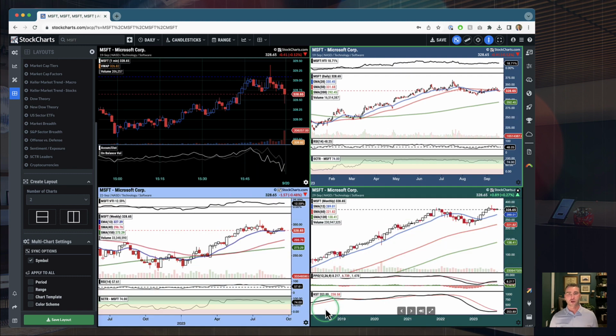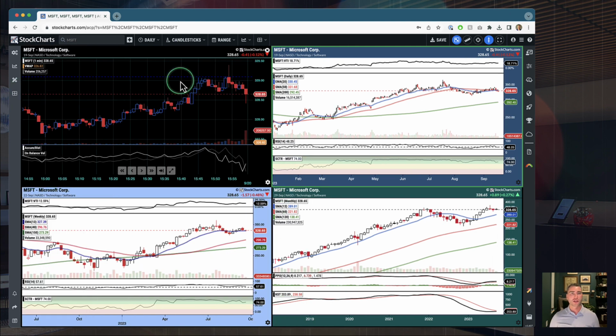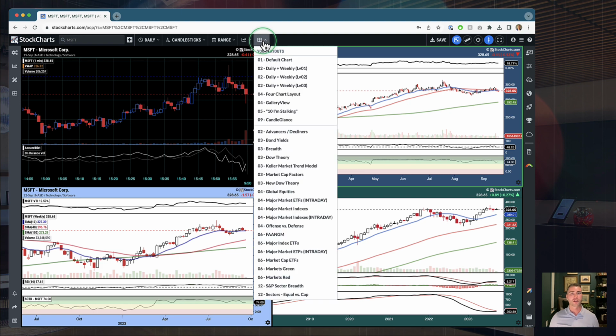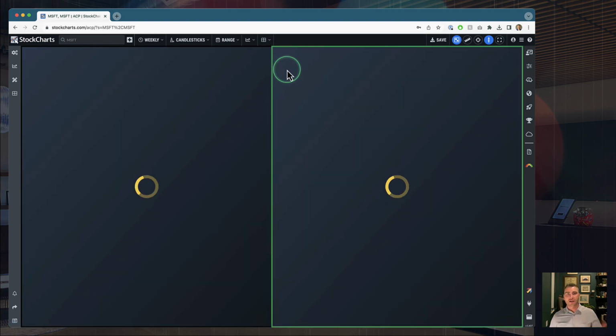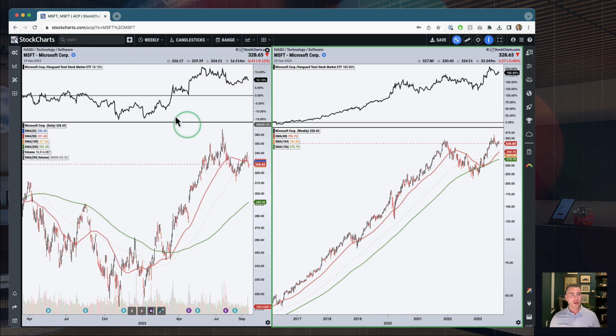So these multi-chart layouts, again, that ability to have different charts in different parts of the screen, a very important part of ACP, one of the ways that really makes it fly. I'll show you really quickly my personal favorite use of this, which again, we highlighted a little bit last week. I've got a layout saved to my account that has a daily chart on the left and a weekly chart